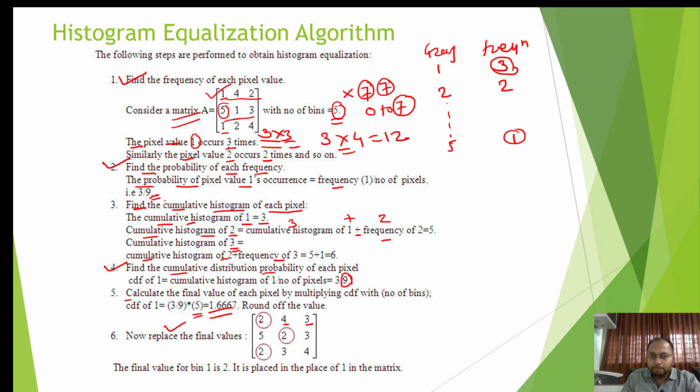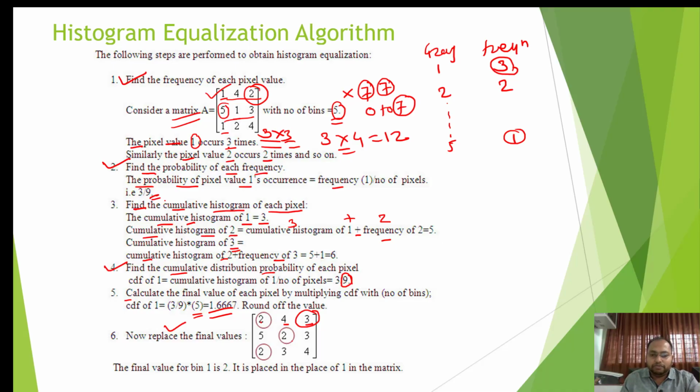Now compare this 2 and this 3. Okay, so 2 has been replaced by 3, right, over here. What about 5? 5 is as it is, there is no change in this, right? And wherever there was 1, it has been represented by 2, because it has been rounded off to 2, that's why 1 has been represented by 2, and likewise we also did it in a similar manner. Okay, so this is nothing but the histogram equalization algorithm. I hope you understood this algorithm.